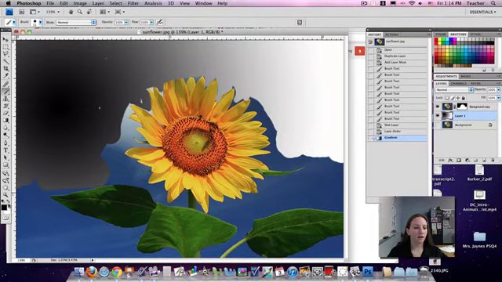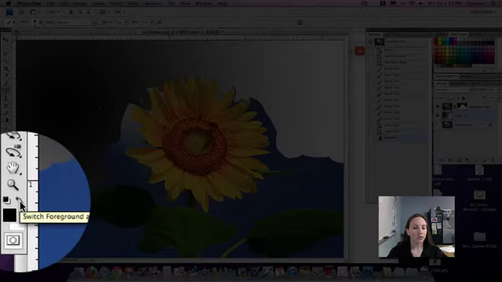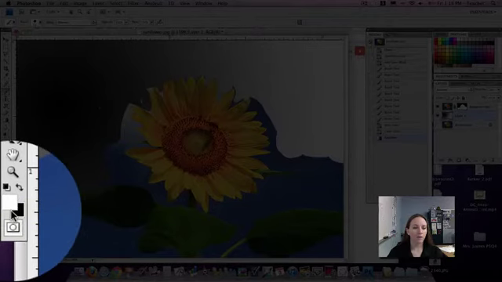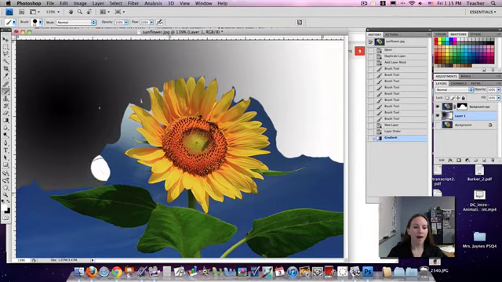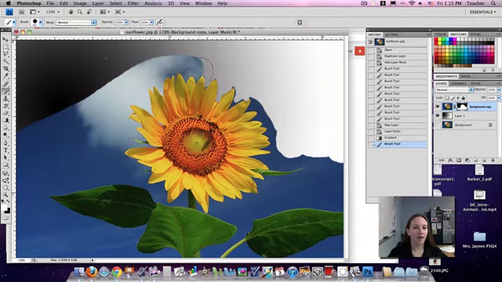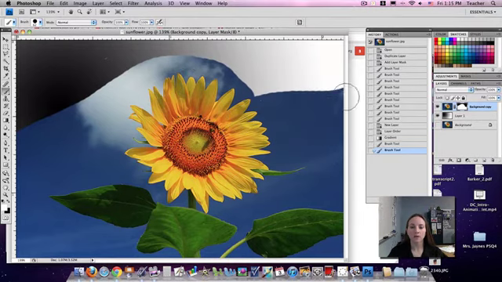So if I flip-flop or switch my foreground and background, notice how I have the white in the front now? Let me make this a little bit bigger. All we've done is we've masked, oops, I need to make sure that I'm on the right layer. I need to be on the background copy, and I need to be on the layer mask. If I paint back in, oops, I had to flip-flop that again. So what Photoshop has done is they've actually masked or hidden those pixels. So it's a non-destructive way to